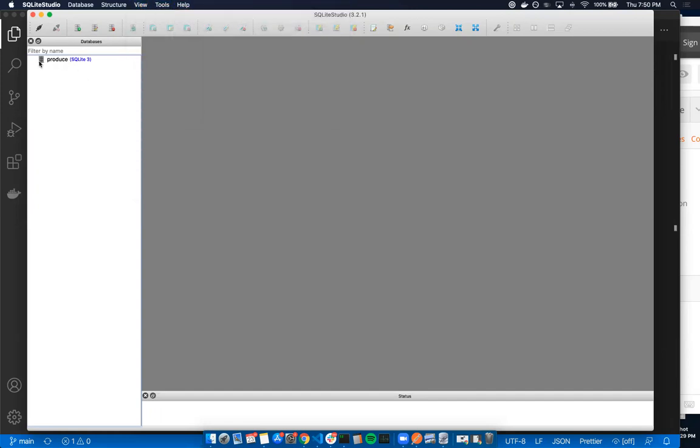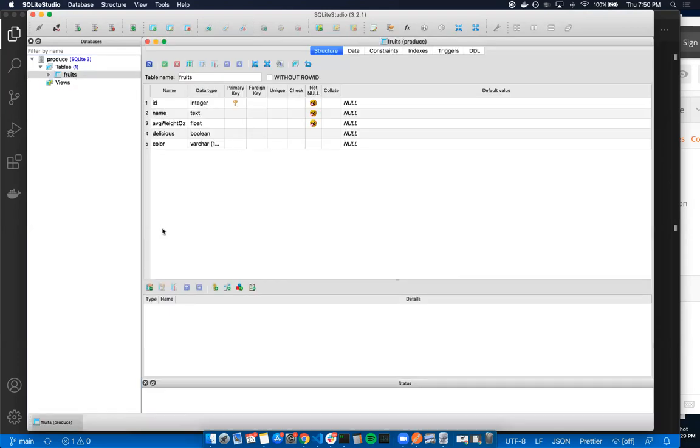Nope. So now we have the database here, and we can see it says it's a SQLite 3 database. So let's double click that. We're going to get a drop down, and we're going to have tables and views. We're not going to talk about views right now. Views are essentially temporary tables that we can create that aggregate tables and queries for us automatically. But let's go into our table. We'll see that we have one table in here called fruits. And if we double click that, we're going to get fruits loaded up into our